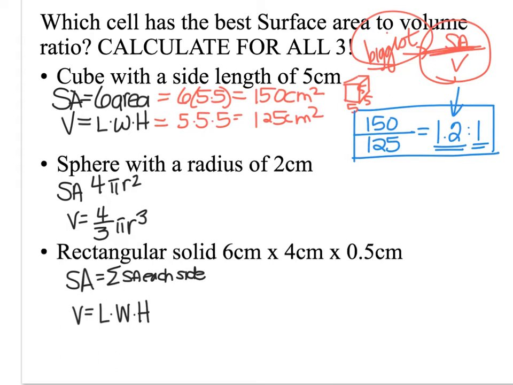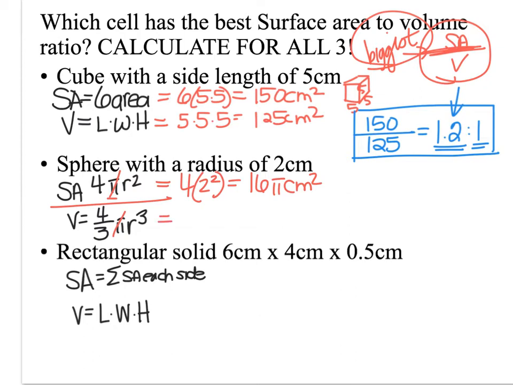Okay, so for spheres, you can see the formula here. Now, you actually do not have to plug in pi. You can take pi and plug in 3.14, but it's not necessary because in the end, if you divide surface area by volume, pi is going to end up canceling. So if we calculate our surface area here, it's going to be 4 pi times our radius squared, which is basically going to be 16 pi centimeters squared.